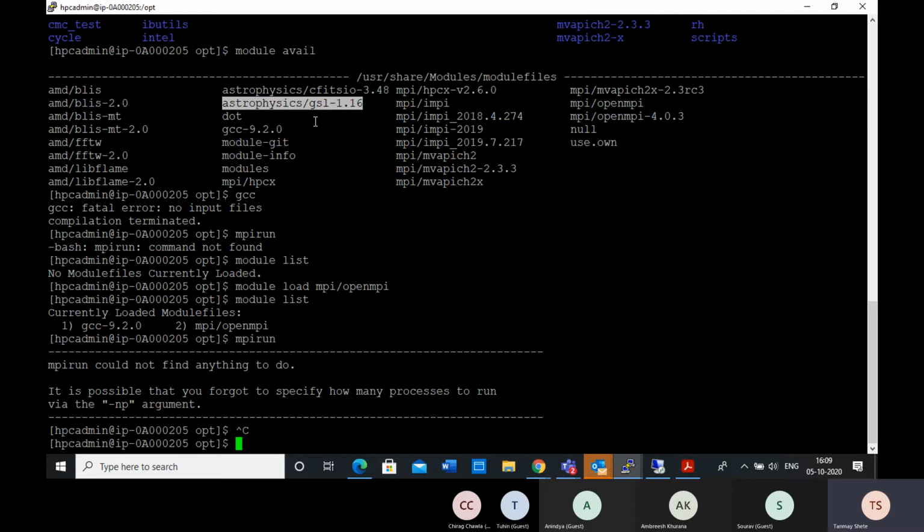Then our team will build it and create it as a module, and a new image will be created out of that, and that new image will be deployed across the cloud HPC, so that all the users will start getting the new applications and the versions of the applications.